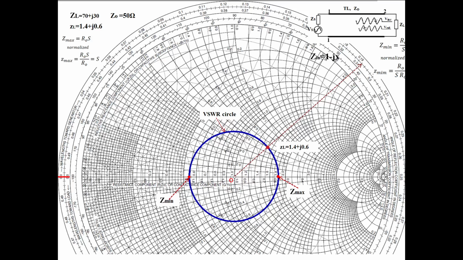What I want to measure is the distance I moved from here to here. That you can find out from the Smith chart. So what we have to do is draw a line passing through this point, because we stopped where the VSWR circle intersects the R equal to 1 circle. You draw a line passing through this point from the center to the wavelength scale.